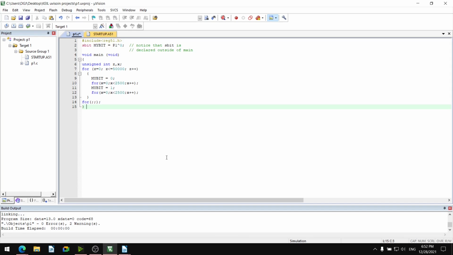This delay allows us to notice, watch, observe the output, because after my bit equal to 0 it stays for some time. Very small delay is there. And again for my bit equal to 1, it again stays for very small time with another for loop. The for loops are ended with a semicolon, so they are executing only for themselves. No next instruction is connected to them. Okay, so save this, build this. There is zero error, zero warning.